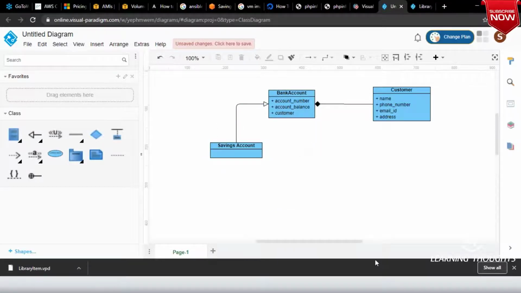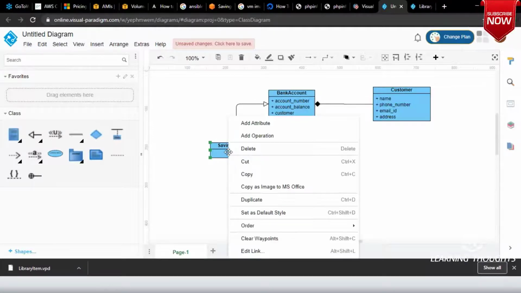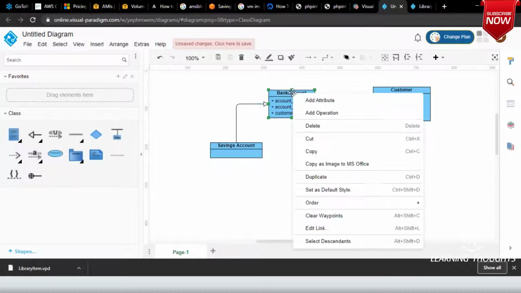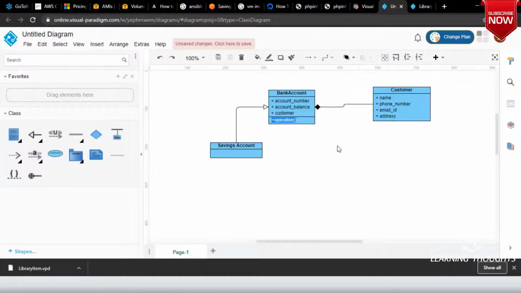Yes or no? Right. Now savings account, let me have a bank account also. In bank account I have some operations also. Every bank account will have, what are the operations which bank account has? Deposit amount.